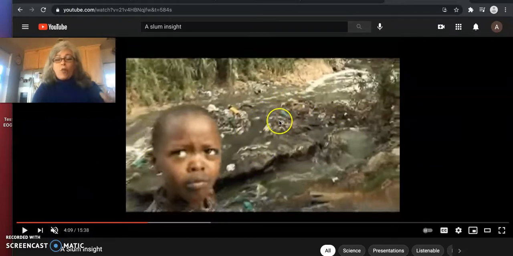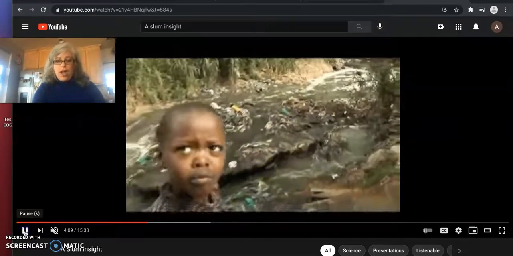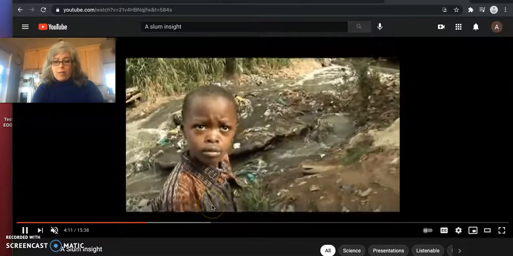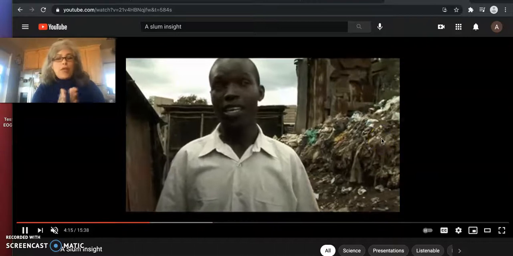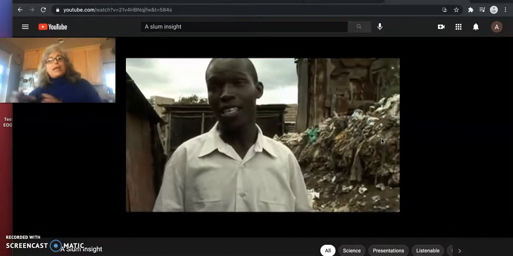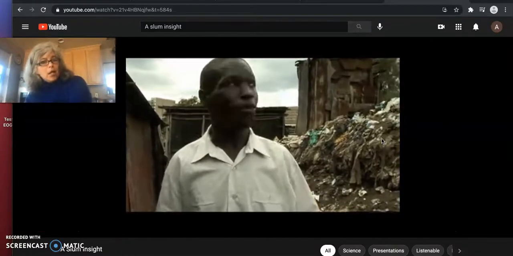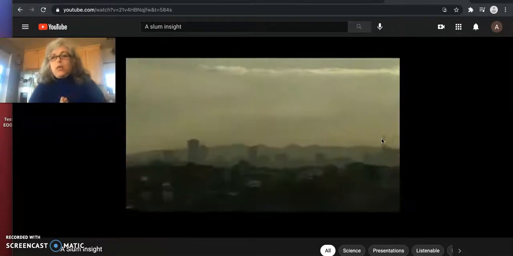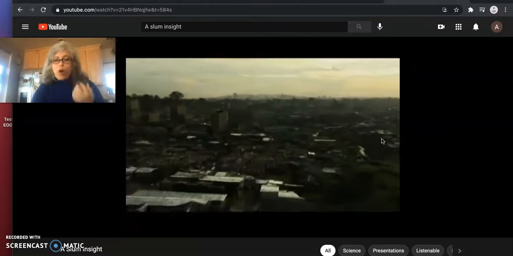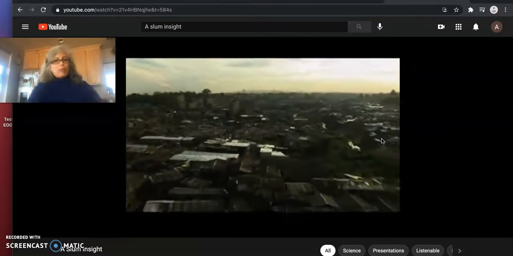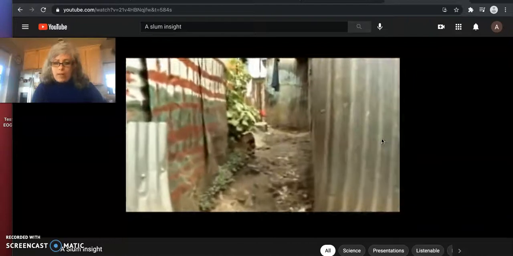So this is a garbage dump in the middle of this river, and look behind the narrator. This is a garbage dump also, because the infrastructure is not there to send a truck to pick it up and carry it off to a landfill. My husband calls it Garbage Mountain over in between North Little Rock and Jacksonville. That's proper sanitation that takes the garbage away and disposes of it in an environmentally friendly way.